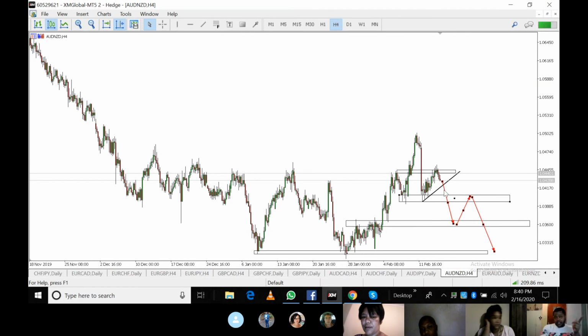So I'm expecting the break, the retest, and then as soon as I get confirmation on this retest, I will up my lot sizes because right now, if I get this break, then it's most certain that price is going to continue dropping because of the fundamental flip within support and resistance. So right now, it's a really strong support because it held price above very nicely. But as soon